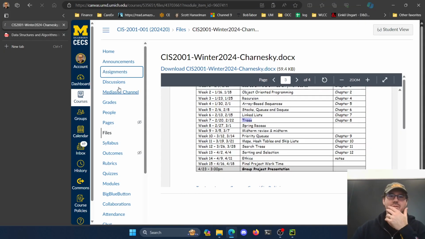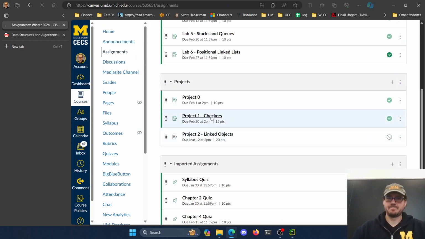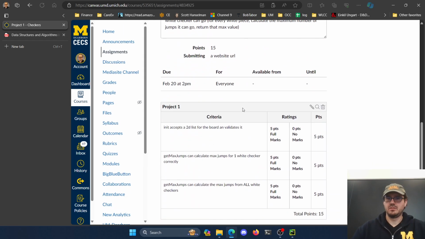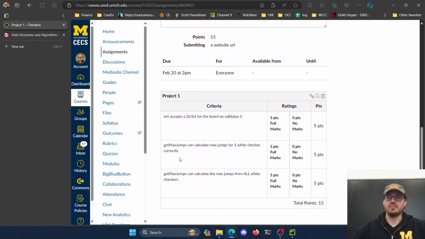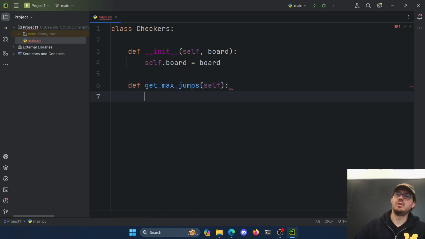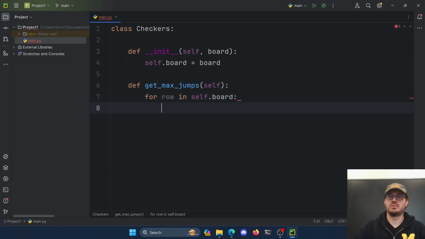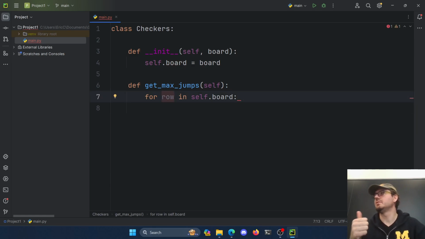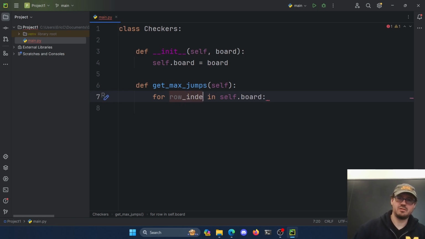So let me go make sure I'm following along here. Right. Oh yeah. Okay, with an init. And the max jumps for calculating one white checker, and then for all white checkers. So when we're ready to get our max jumps, then get max jumps here. We need to go find all the white checkers that we have, and then recurse. So for row in self.board, and really we kind of need the indexes, right? The idea with that recursive function is we're probably going to have to pass the indexes here so we can track it around. So maybe we want the row index in the length,